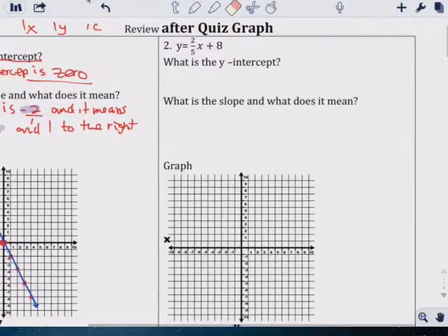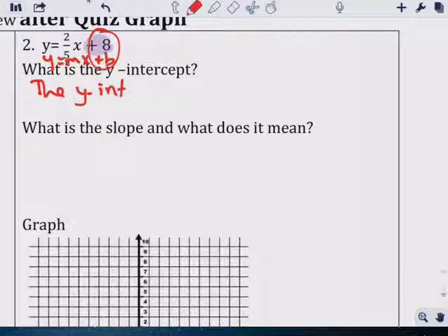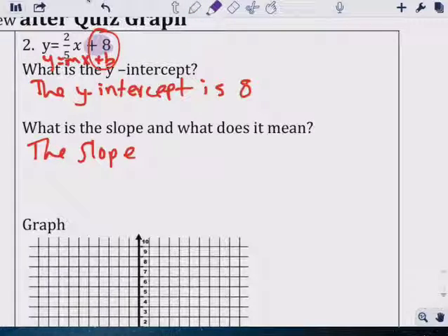Right here, what's the y-intercept? Here's the y-intercept, plus 8. Y equals mx plus b. B is 8. So the y-intercept is 8. What is the slope? Here's the slope right here. The slope is 2 over 5,